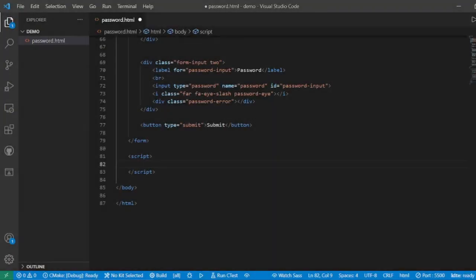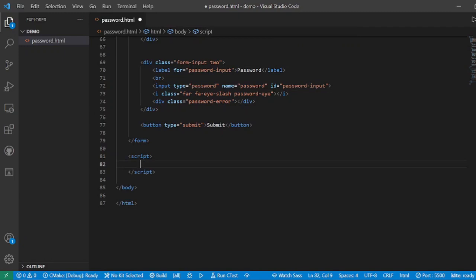But before adding the JavaScript, let me make one thing clear: the password I class is not included from Font Awesome. It was something like this. I had included password I for the purpose of capturing this class and for making effects from the JavaScript. You will understand when I type the JavaScript and I will explain the purpose of it. So for now it is password I. You can name it anything, but here, to improve readability and in this context, I have named it password I. So let us start the JavaScript.